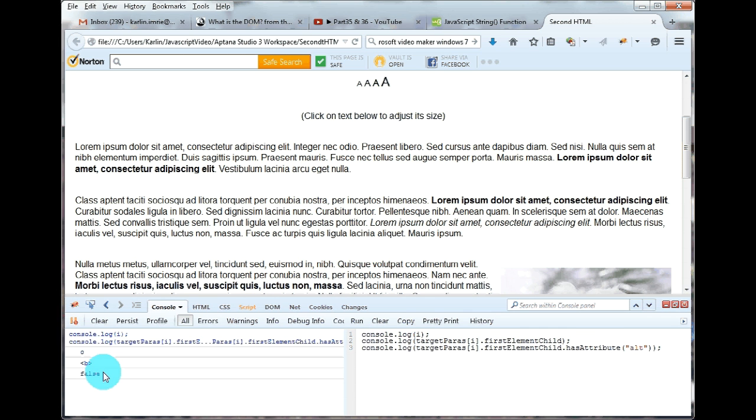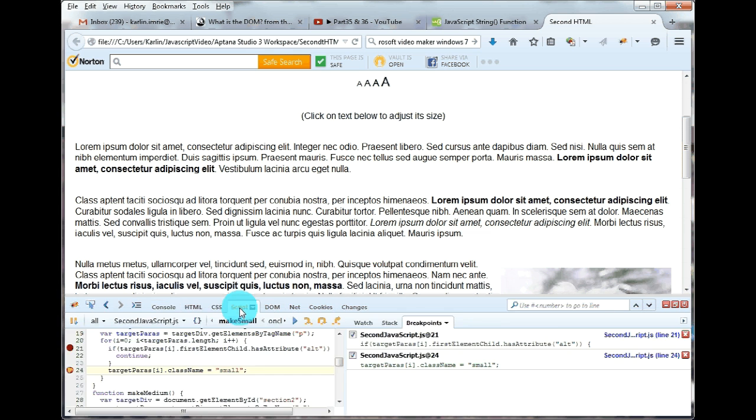And in fact, the behavior of the code was as we wished it to be. It came down here to execute the line of code that will change the class name for that paragraph to small,